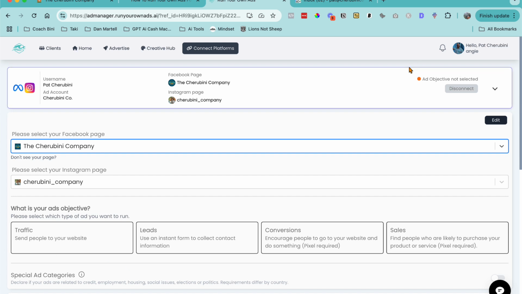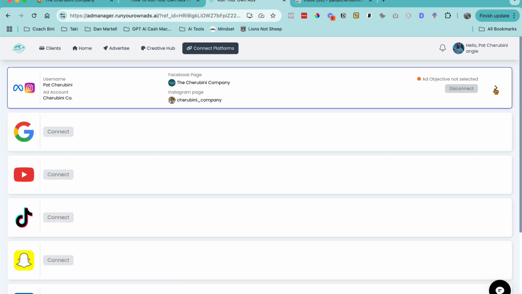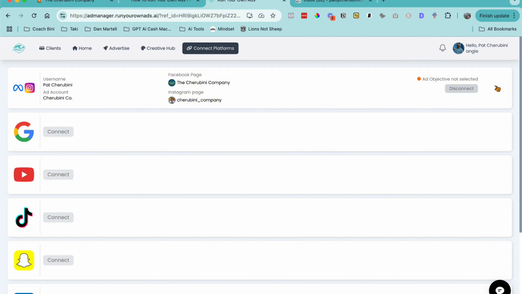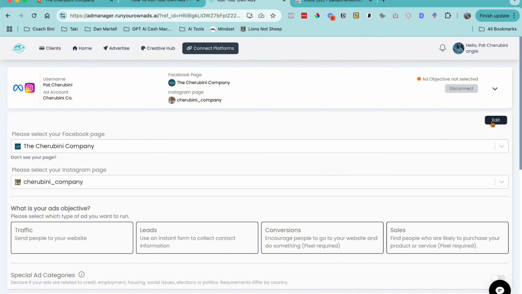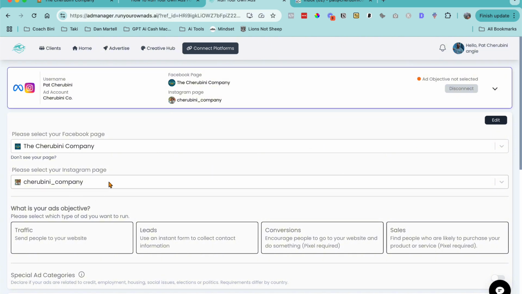So once you connect, if you're still not connected, you can drop this arrow down. I've connected my account to my page and my Instagram page, and right here you can just select which one. If you have more than one page, you can select it. You can click edit, change what you want. If you have an Instagram page, you can connect here, and then you need to select which ad objective you